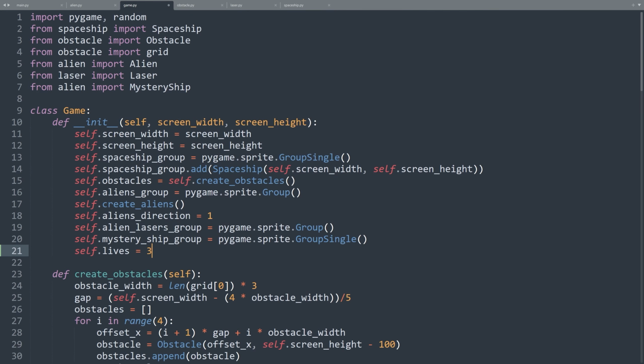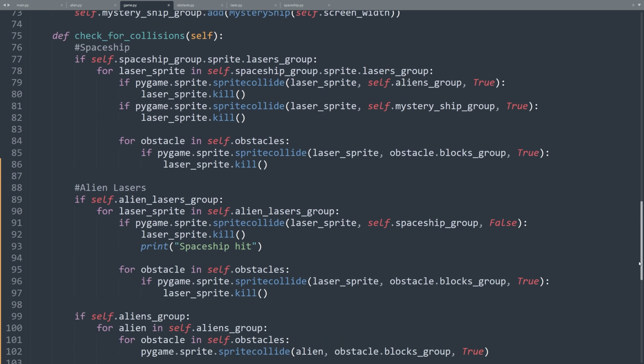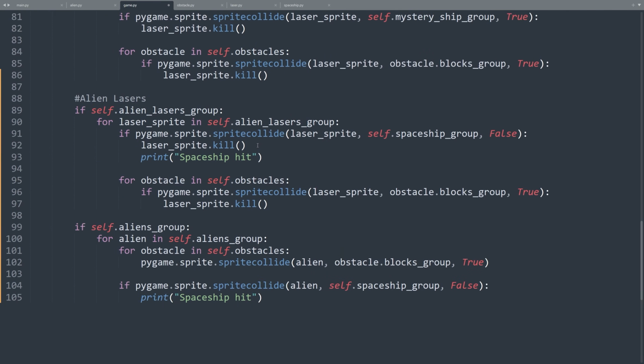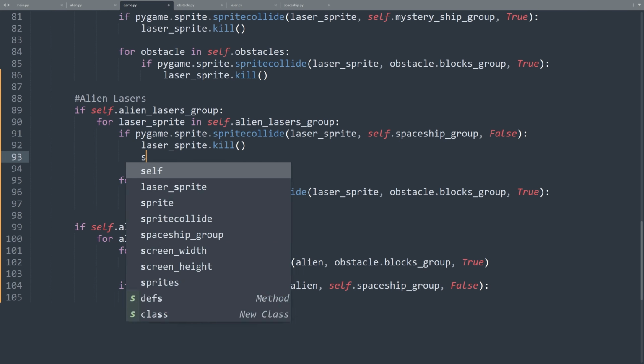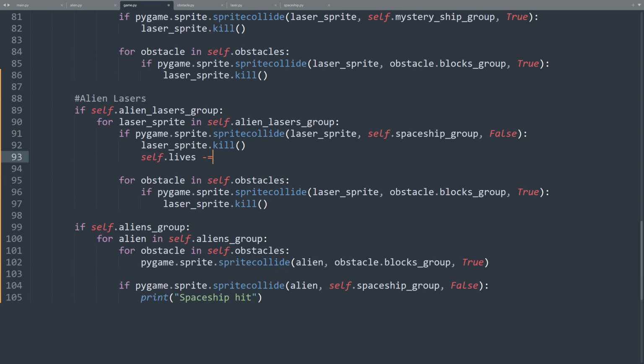Now we have to decrease the value of this attribute each time the spaceship is hit by a laser. So in the method check for collisions we add the following. We check if the spaceship is hit by an alien laser here. So we add the following line, self.lives -= 1. Now we have to check the number of lives remaining for the player. If this number is 0, then we have to end the game.